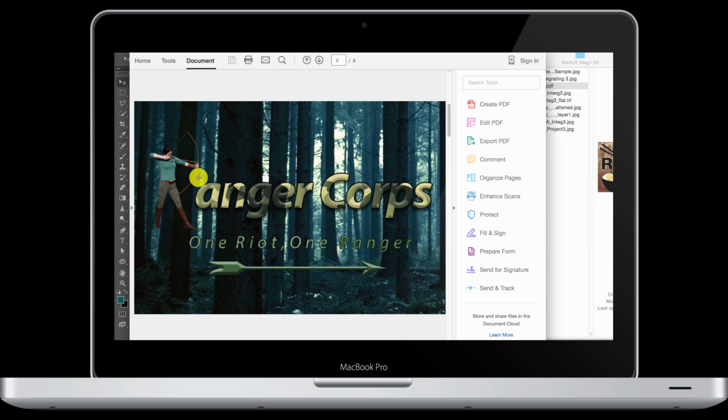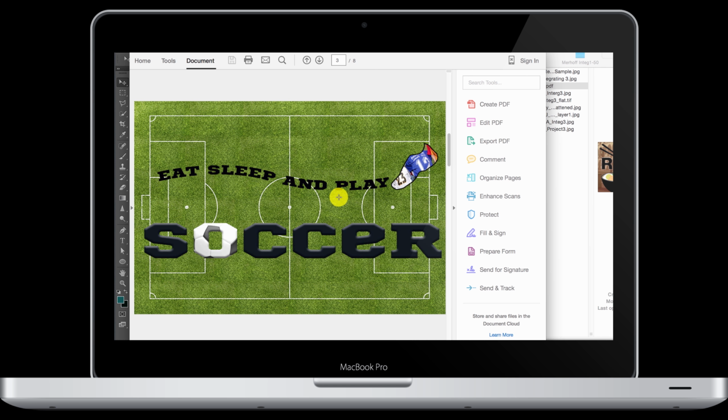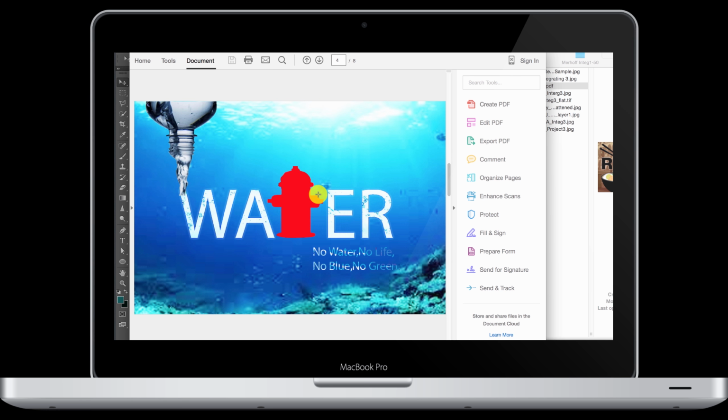So in this case, the girl replaces the letter R. And you can see some of the clipping mask work in the letters. Not every letter needs to have a clipping mask in it. In this case, he did a clipping mask inside the letter O rather than replacing the whole letter O with the picture of the ball, which you could have done. But this is also a clipping mask that was placed inside a shape, and the shape could have been created by a path. So the word here is soccer, the subtitle is eat and sleep and play, and the background is a soccer field or play field.